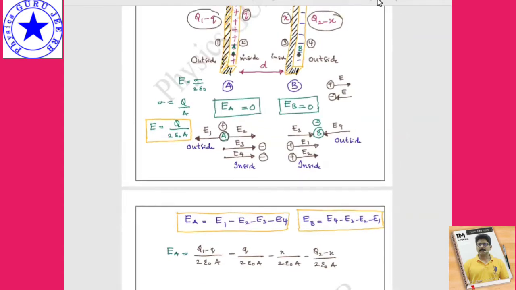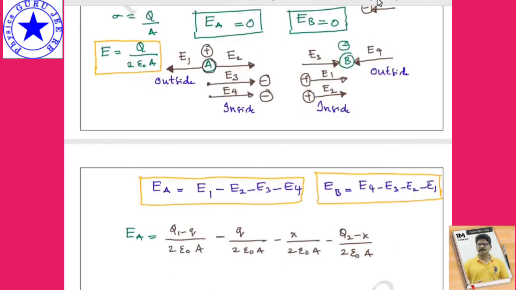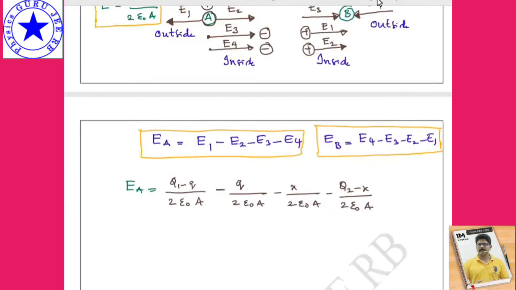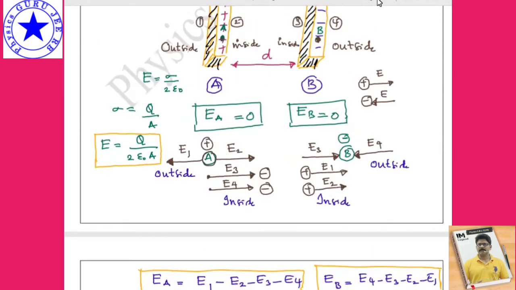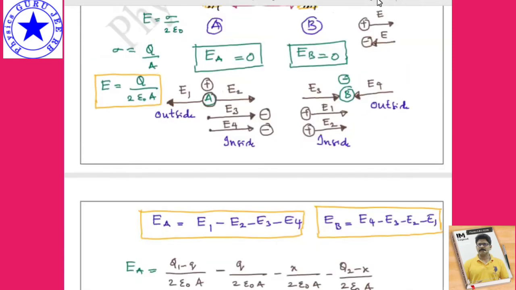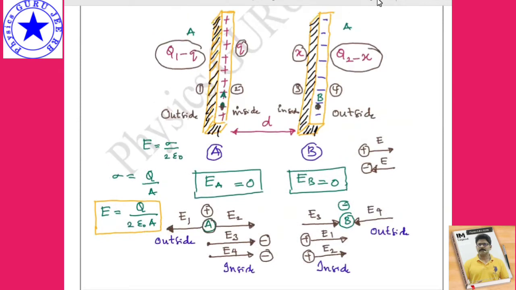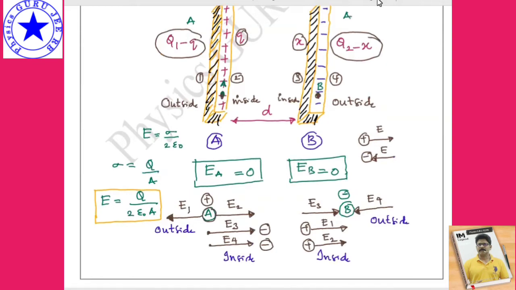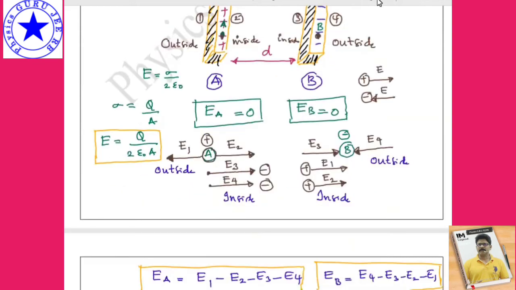So here Q1 minus Q is the first surface charge, the outer surface. Q is the inner surface charge. Again, for the second surface, if you take the inner surface as X, the outer surface is nothing but Q2 minus X charge distributed. Okay. Now this EA should be equal to 0. Why is it equal to 0? Because the electric field inside the conductor is 0. Hopefully clear here. So here we are taking the charges even outside only. I was showing it as inside, but it is outside only, right? In 3 dimensions, if you imagine, it is outside. The charges are outside. Fine.